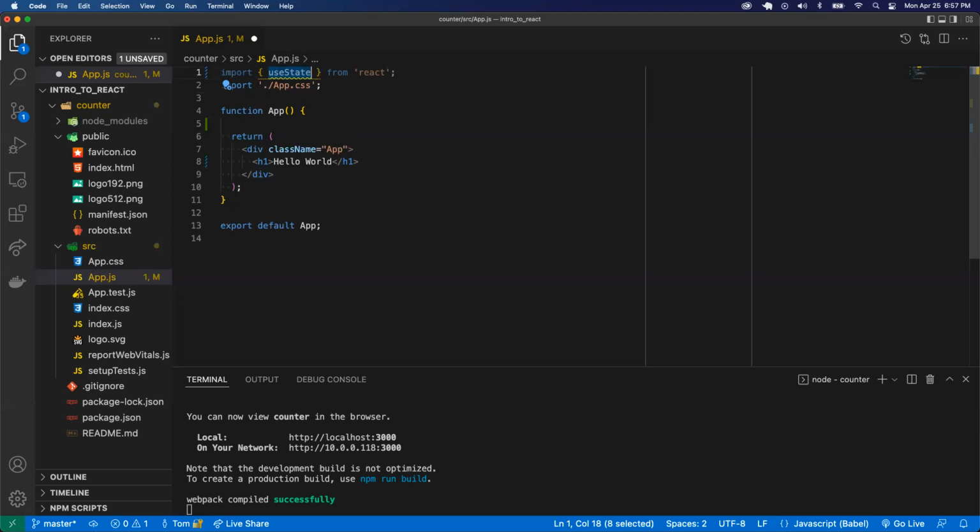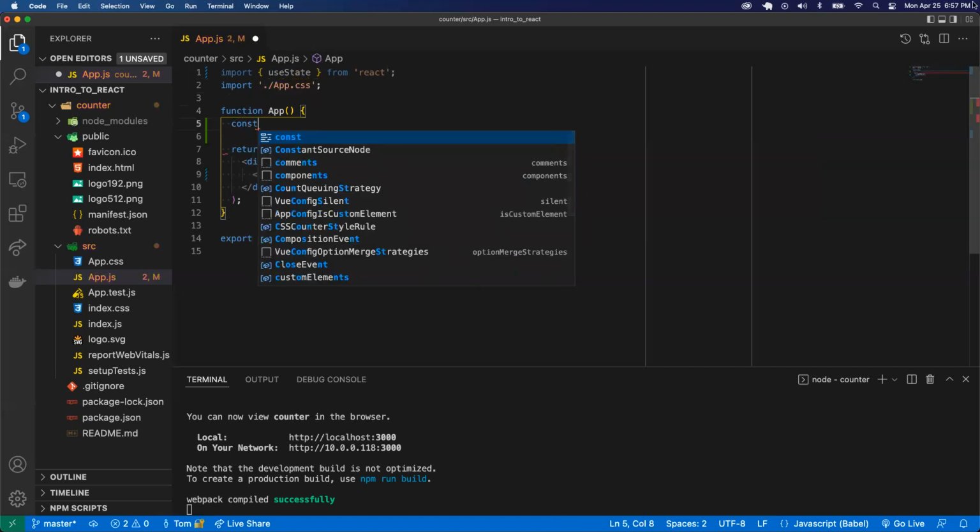It returns the initial data that you want, as well as a function to update that data. So, for example, if I wanted to create a counter variable,